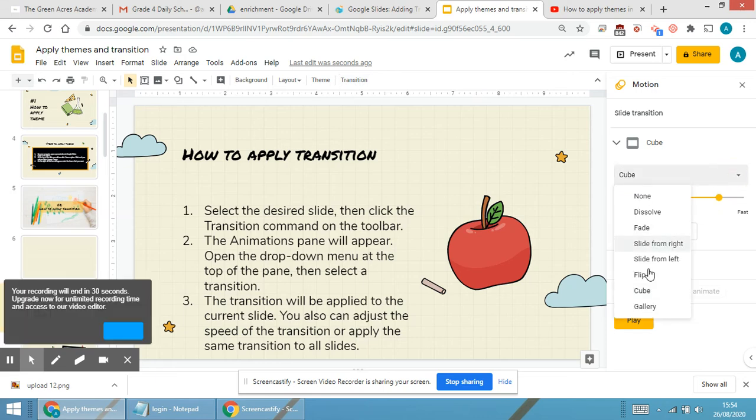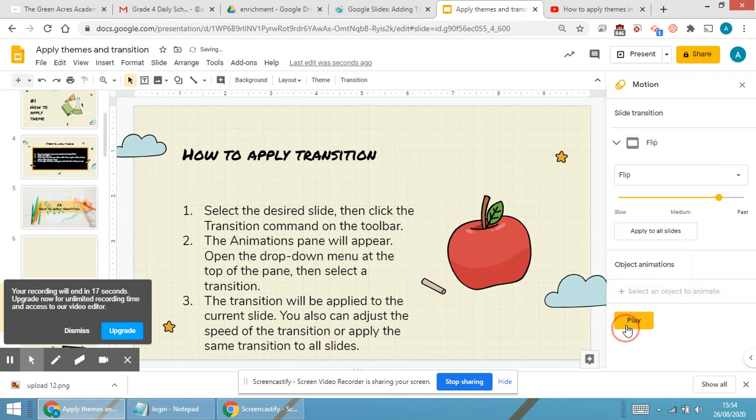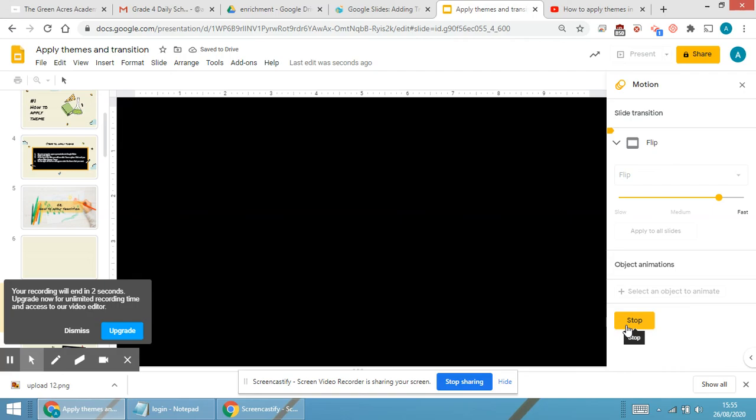One more operation I am showing you, that is flip. Just showing you flip, click on play. When you click on play, you will be able to see the flip, that is the slide will be flipping and it will be coming on your screen. You are able to see the